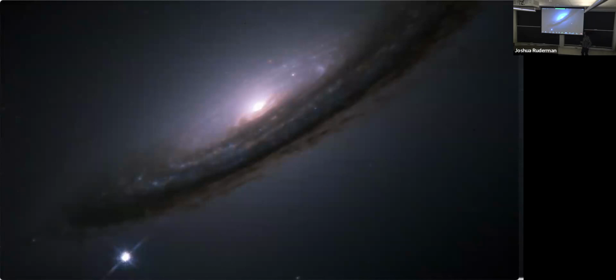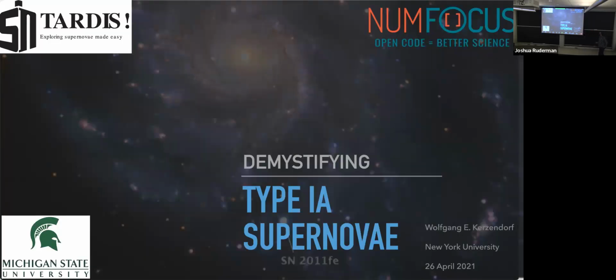And obviously, I'm going to start with the wonderful Ia supernova 94D, the first supernova that was observed with HST. And I think it's a reminder of why supernovae are so special. They can outshine entire galaxies during their peak brightness, which I think is great. So I'm going to talk today about demystifying type Ia supernova, which is not too dissimilar to my thesis title, which was type Ia supernova explosions progenitors. That means, despite many years of funding, I still have failed to finish my thesis. And I mean, no, it continues. I've now dragged other people into this.